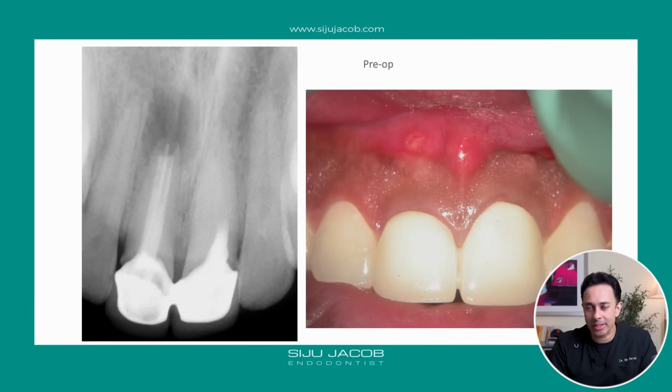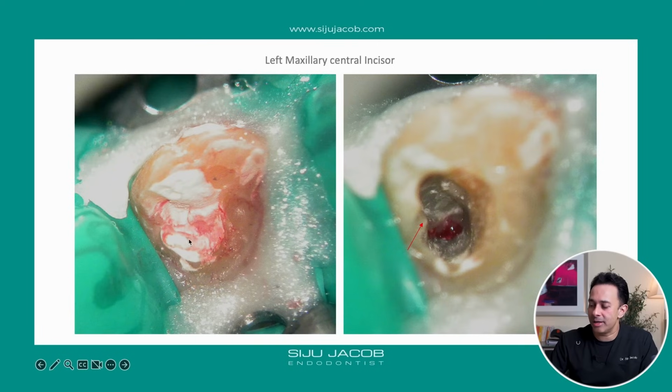So this was a surgical case where the patient came from out of town, had very limited time. So what we did in this case was we removed these crowns, and you can see what looks like calcification, and this looks like a perforation. So the goal was to redo this tooth, and both of these needed to be treated in 1 or 2 visits rather than do long-term recalls because the patient didn't have that much time. So we removed both these crowns, and you can see the lateral incisor. When we removed the restoration on top, the temporary filling on top, we found a large perforation.